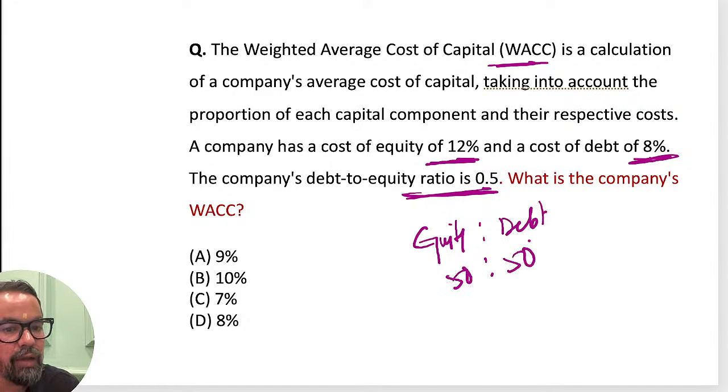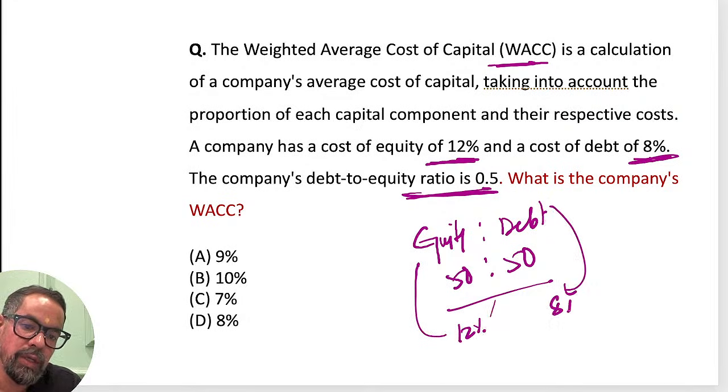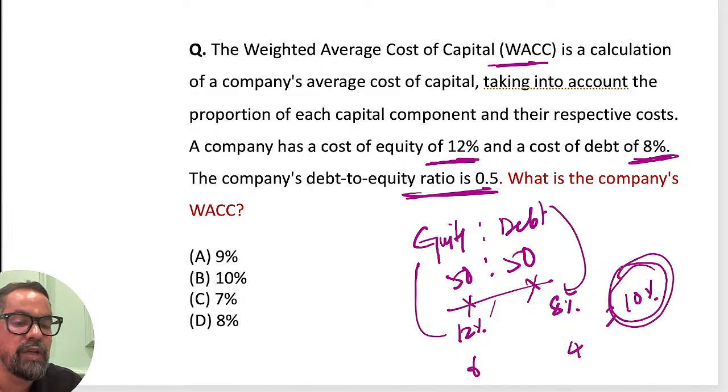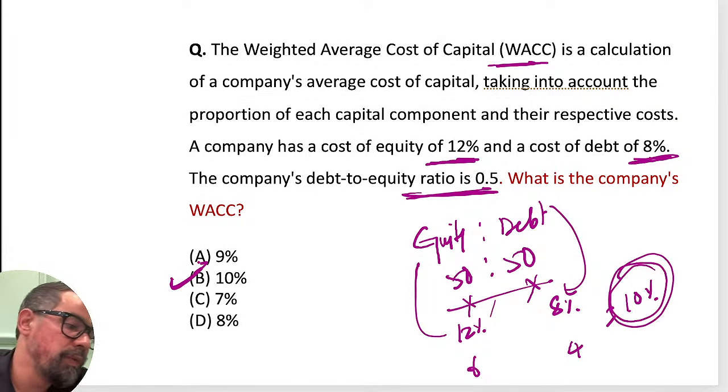अब if they mention some other ratio, तो accordingly you have to take this particular one. So now cost of equity is 12% and cost of debt is 8%. Means if you multiply these by 0.5, it is 6 and it is 4. तो means the weighted average cost of capital of this company is how much? 10%. तो weighted average cost of capital will be 10%.